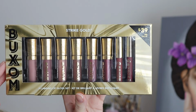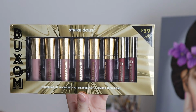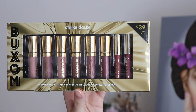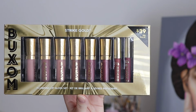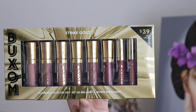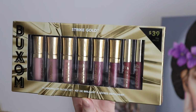Here is the striped gold set. This really had a lot in it, so I was excited to see. It looks like it not only includes glitters, but it also includes mattes. And really, this shade range looked like it had more pink tones with a few deeper reds. I didn't see a whole lot of neutrals like I did in the Gimme Glitter, so I'm excited to see